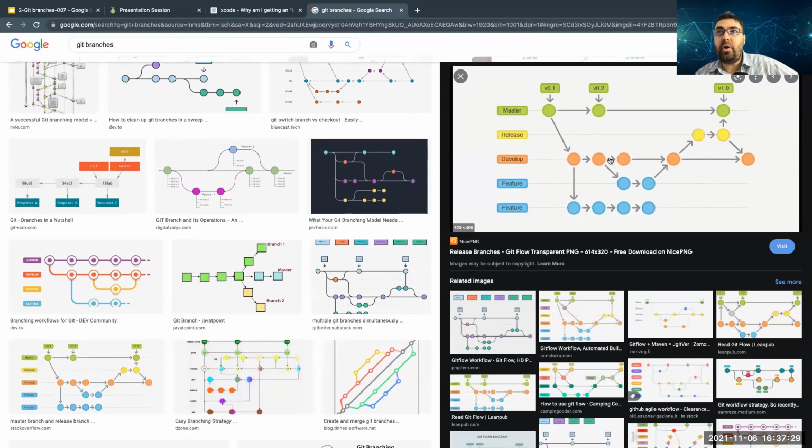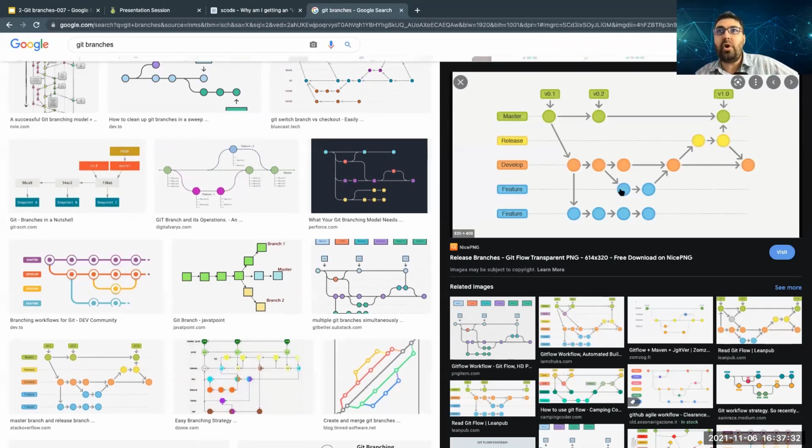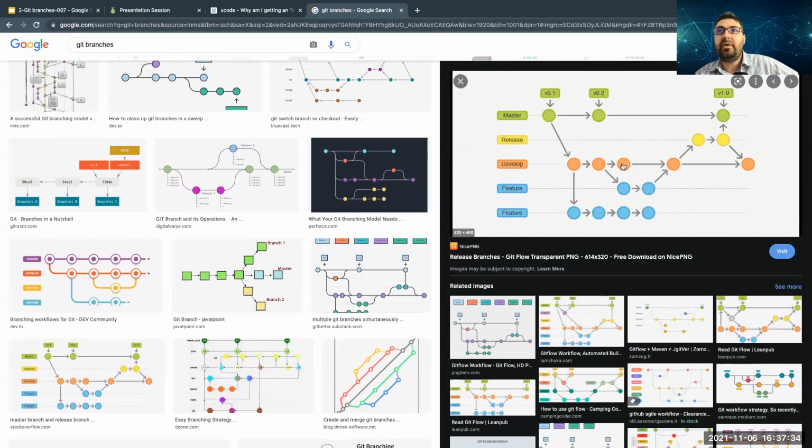You are working on this commit, he's working on this commit, and you add one commit, he adds 2 commits, and after 2 commits, decided to merge because the feature is finished, then merged back. This one is not merged yet. I think it's still in development, so that's why it's not merged yet. But this one is done, so it's merged.